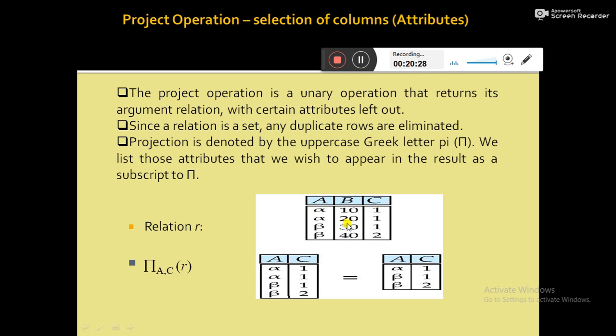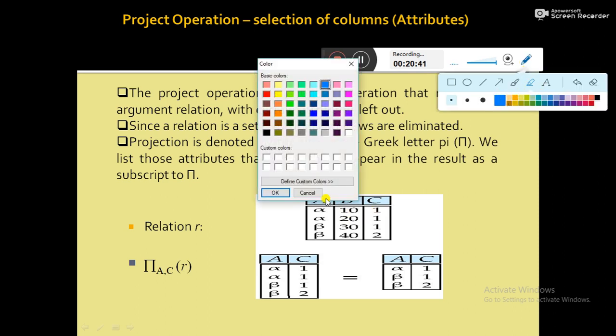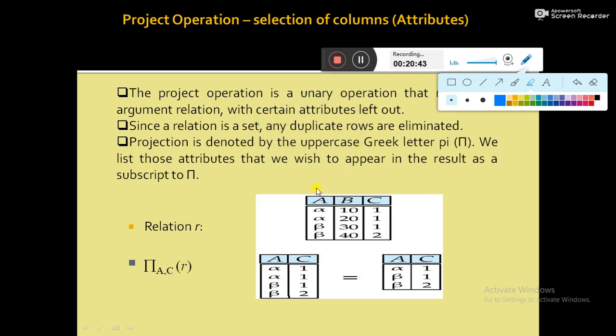Suppose we require to print only the values against attributes A and C. We need to leave out attribute B. We require only to print all the values against attribute A and attribute C.